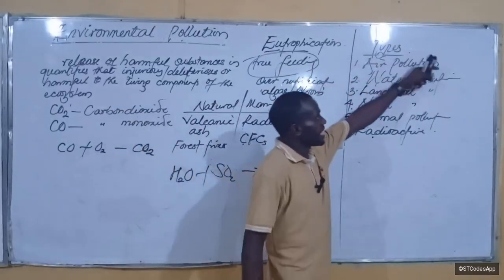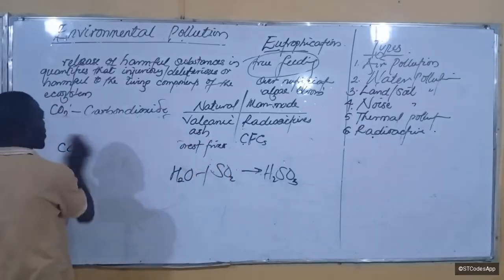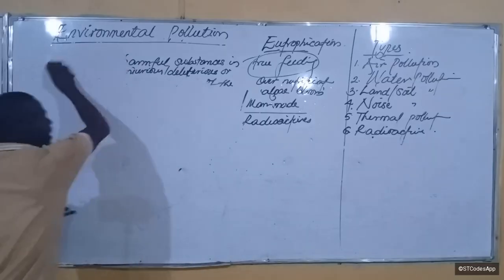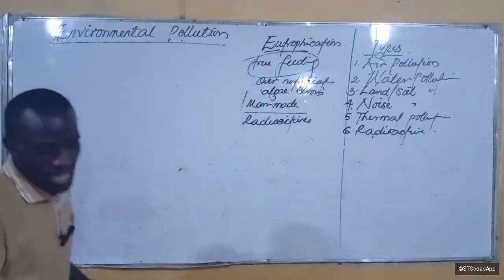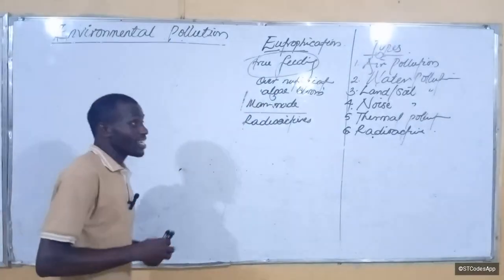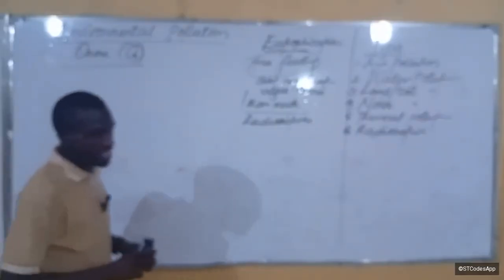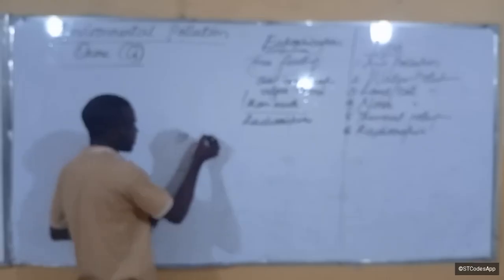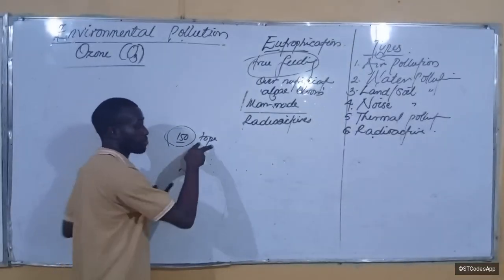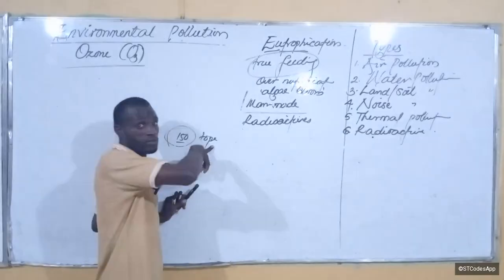So basically we want to talk about air pollution. Now, under air pollution, we are going to begin with ozone. Now, what is ozone? Ozone is basically an allotrope. Yes, it's an allotrope. So it might look confusing now. It's actually not confusing, okay? Now, isotope, you see the word iso means same, tope means unit, okay? So similar units, because they have the same atomic number but different mass numbers, because they actually define the number of neutrons.